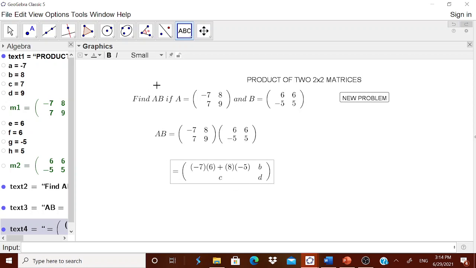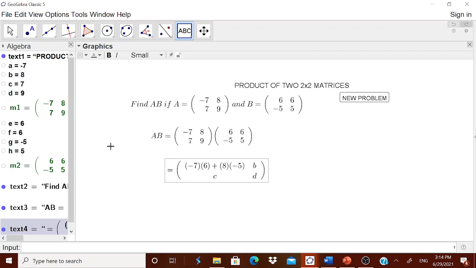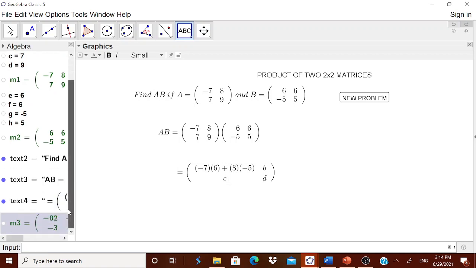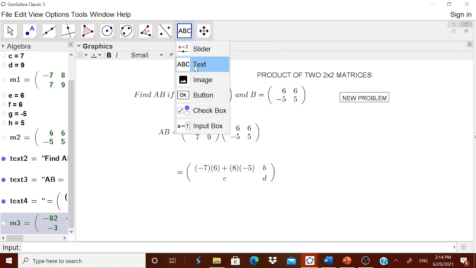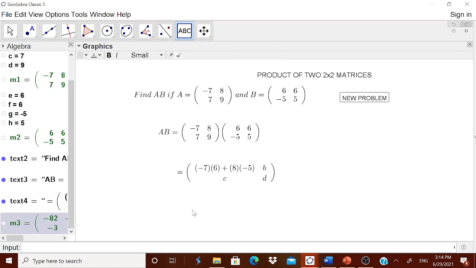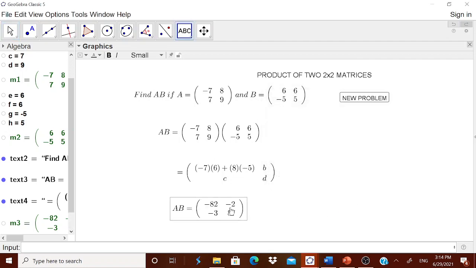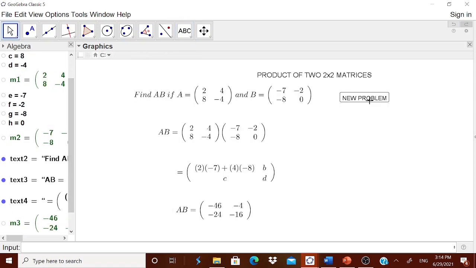Okay, now is it necessary for you to find this product and then do it? No need. Simply in the input box, you type small m1, into M2. Automatically, the product will be obtained by GeoGebra as M3. Therefore, you show it to the children in the text box as capital AB is equal to object, from the object it is M3. LaTeX formula. You have to remember that. Is it okay now? Okay. Now, here when I am changing the problem, automatically everything changes.